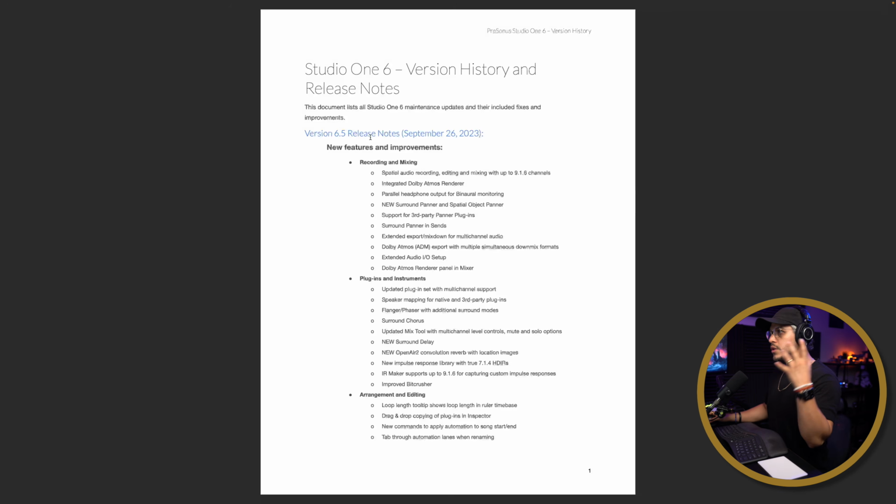Studio One 6.5 is here, and by far the biggest update in this new version is the addition of Dolby Atmos. Let's take a look. Okay, so here I have the notes for the new 6.5 update, and while we do get a couple of new quality of life improvements, like I said, the biggest update this time around is the addition of Dolby Atmos